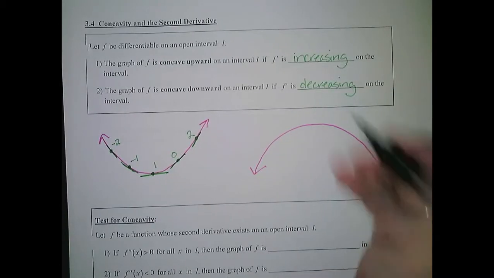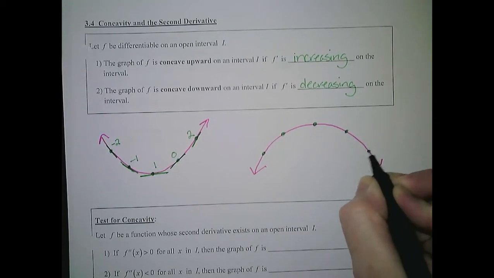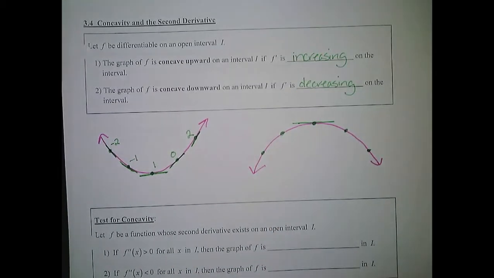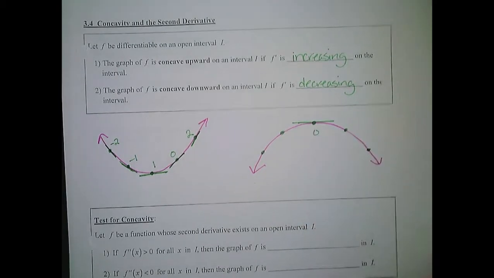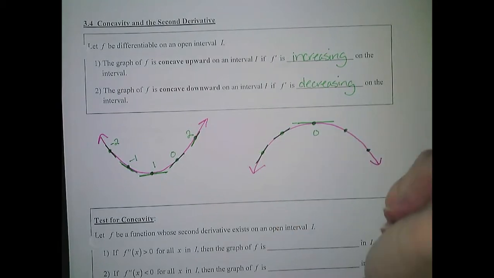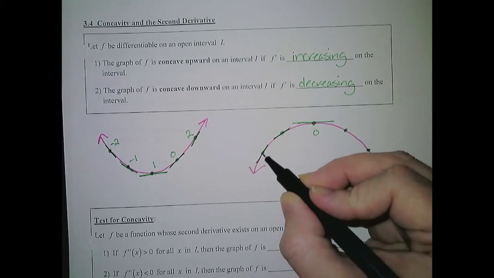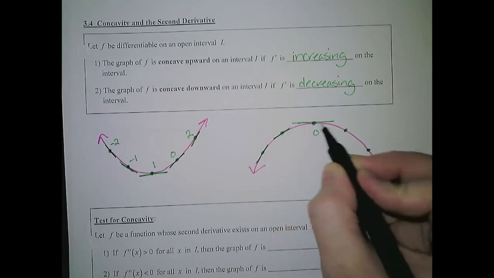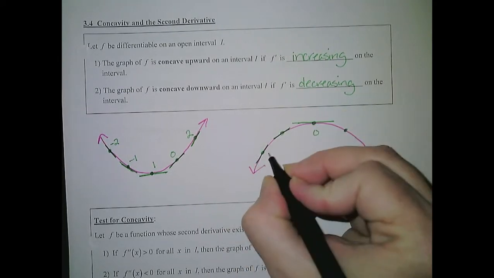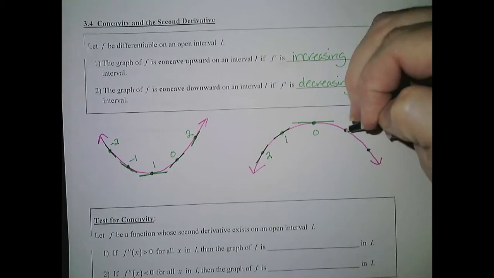Likewise, if we look over here on our segment that is concave down and we pick a few points, then here at our maximum, we would have a horizontal tangent line. So here our derivative would be equal to about 0. On this side, to the left of that maximum value, we would have positive slopes, and we can see that as we are approaching this place where the derivative is 0, our lines are becoming less steep. So we might have something like a slope of 2, and then a slope of 1, and then a slope of 0. Then afterwards, our slopes are negative